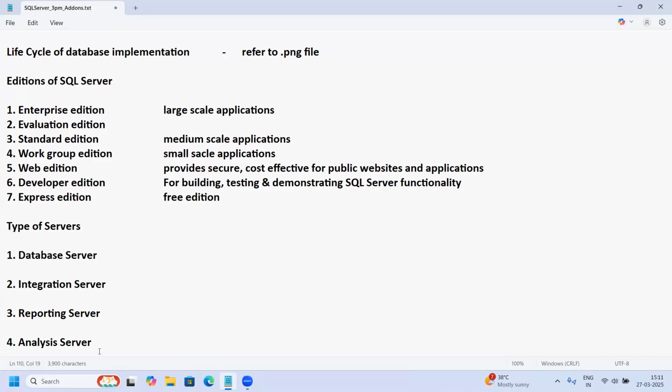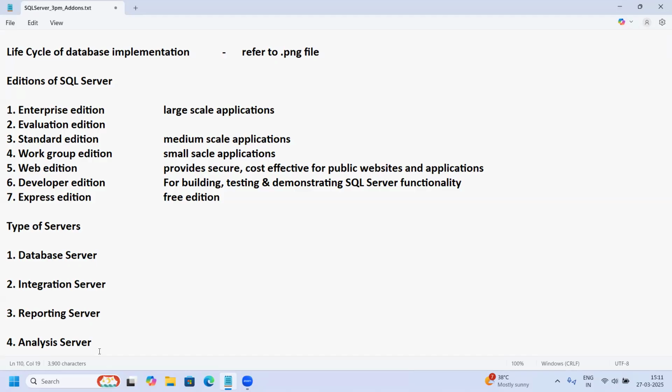There I used the word managed. Here I used the word used. Okay. And the remaining servers, the database administrator doesn't need them. Even the SQL Server developer need not. We don't need them. Then who requires this? Only,